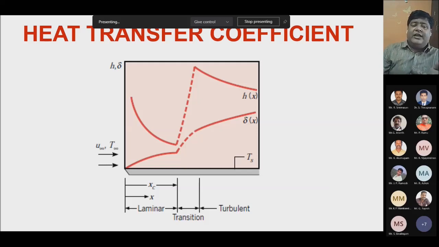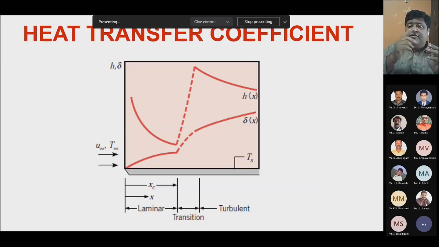So the ability to absorb heat gradually decreases. So the h value gradually decreases because it's a laminar flow, layer by layer flow. Once the flow becomes turbulent, the fluid is not moving layer by layer. Instead, the fluid layers start mixing. The bottom layer is mixing with the top layer, and the top layer comes in contact with the bottom surface of the hot plate. So the fluid is in continuous contact with the hot surface, and more heat is taken in the turbulent zone.